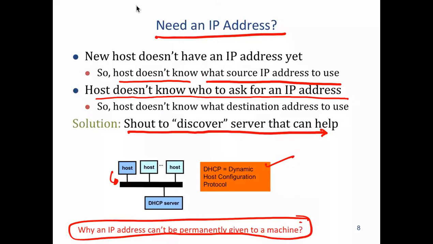Looking at an IP address, one can know which part of the world it belongs to. So it is dependent on location. That's how routing can happen. Otherwise, there's no way to do routing, because if the IP address is the same and a laptop moves from one place to another,